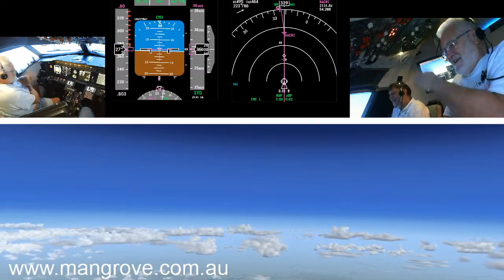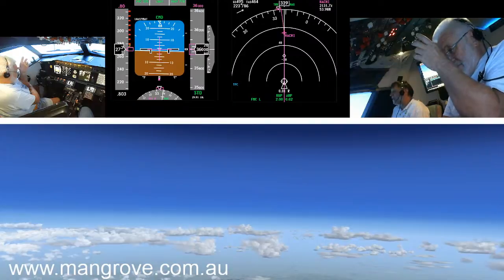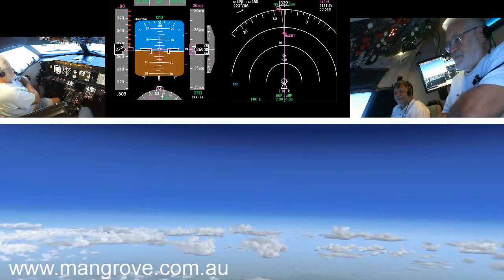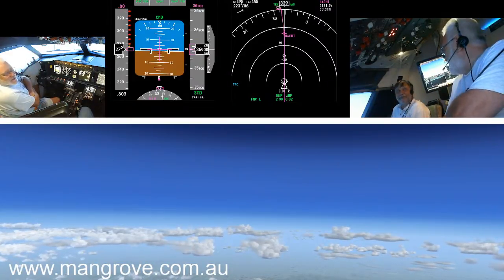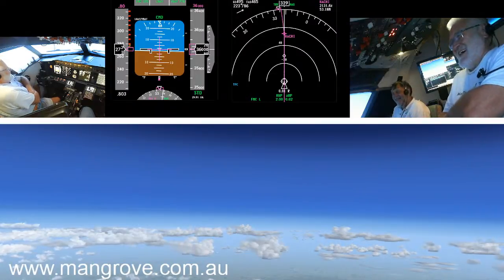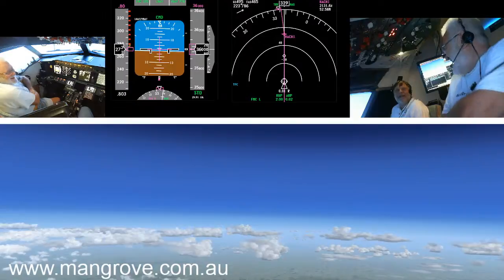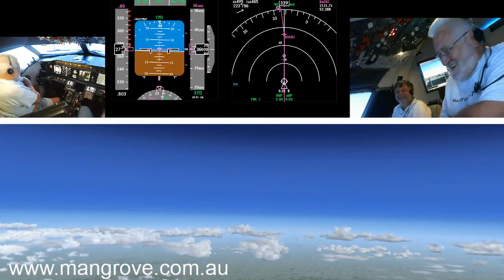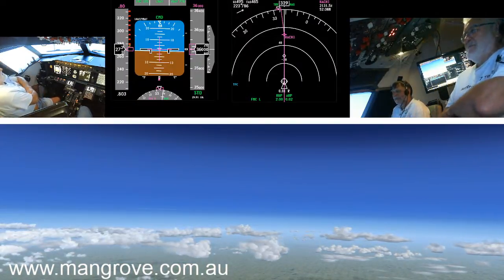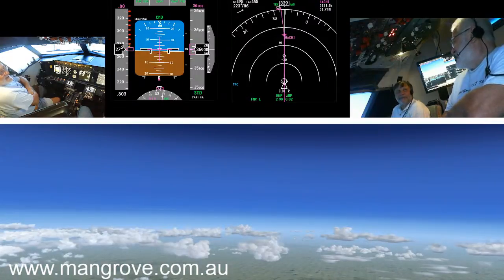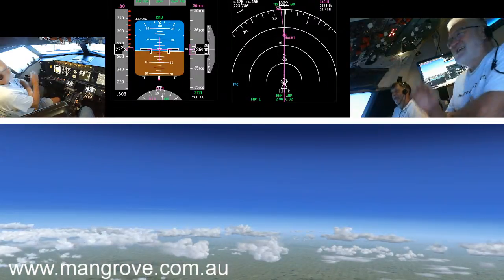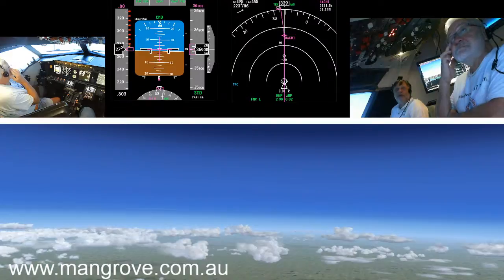Plus 25, climb flight level 360. Up to 360, plus 25. See, up to 360. Getting serious now. Calling NASA. Qantas 789, climb flight level 380. Flight level 380, Qantas 789. Climb up to 380 and contact NASA on UHF.